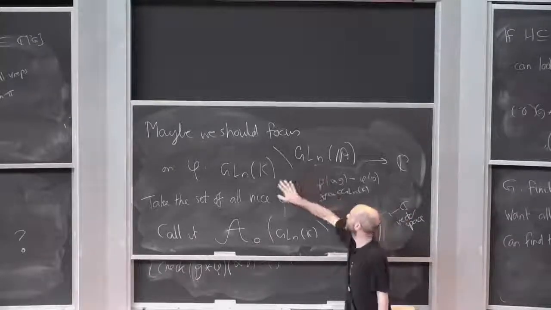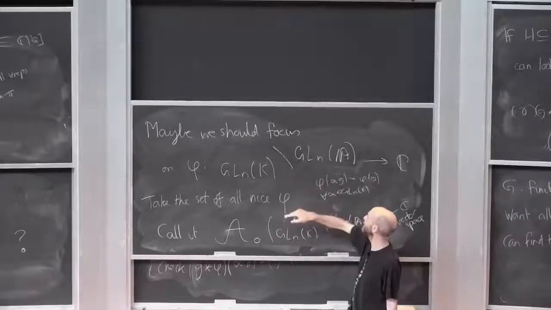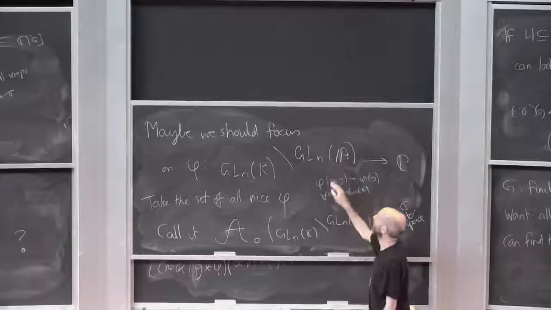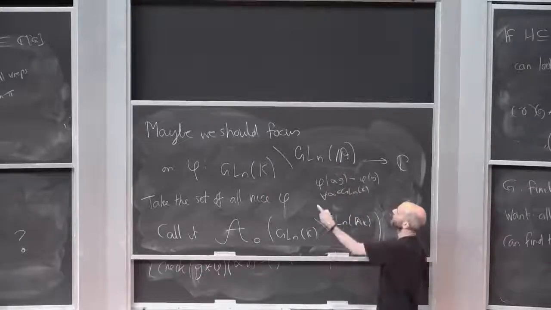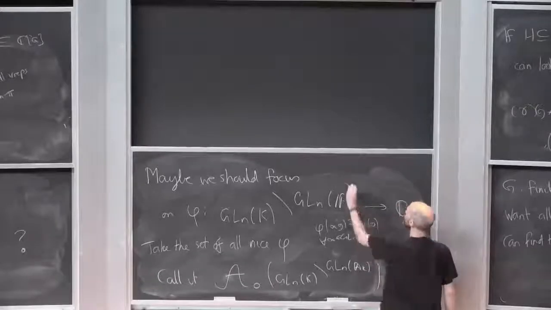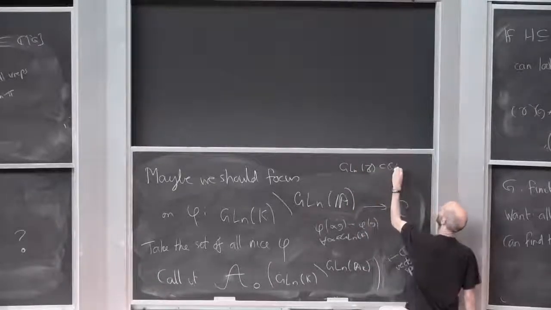What is a function from this weird quotient? This isn't normal in here, you understand this. For GL1 it is, but for GLN, this is some random discrete subgroup living in here. Right? If you want to get some feeling for what GLN of K looks like in GLN of A, then you should think about GLN of Z living in GLN of R.